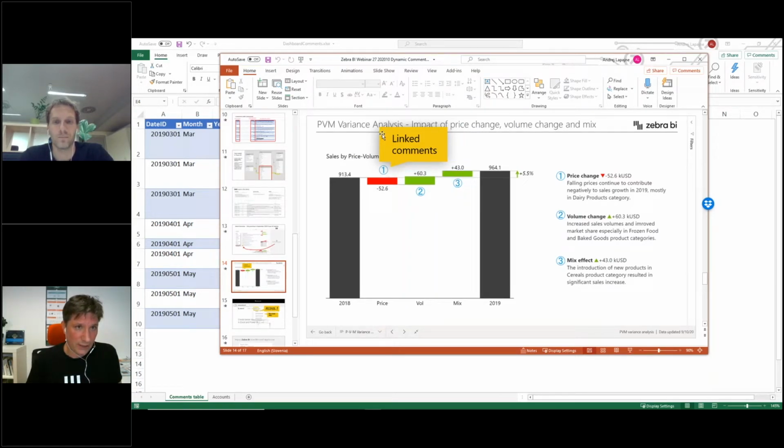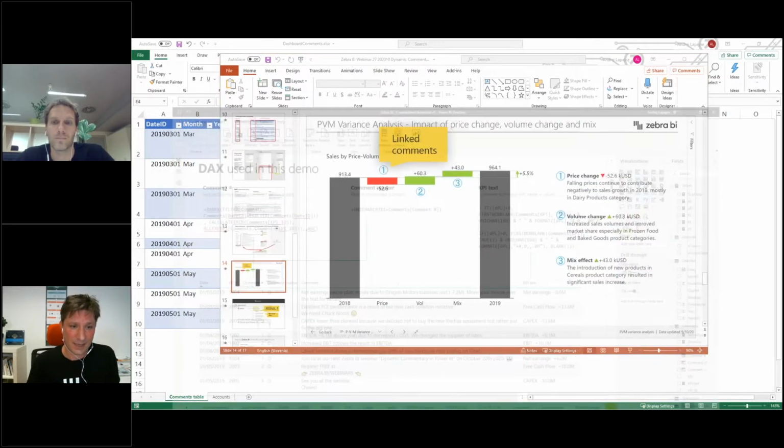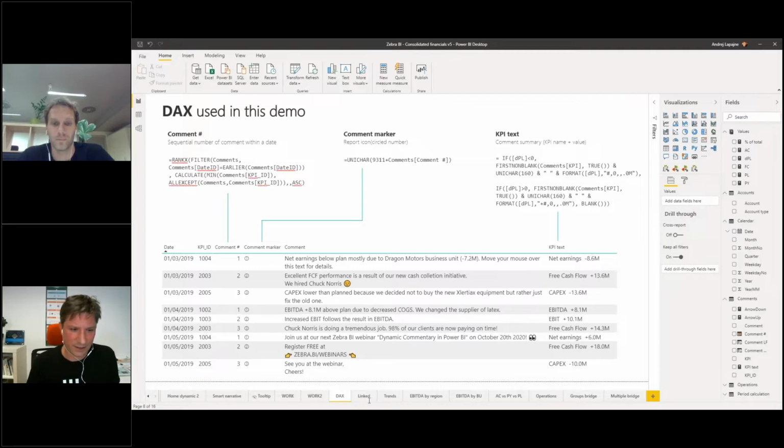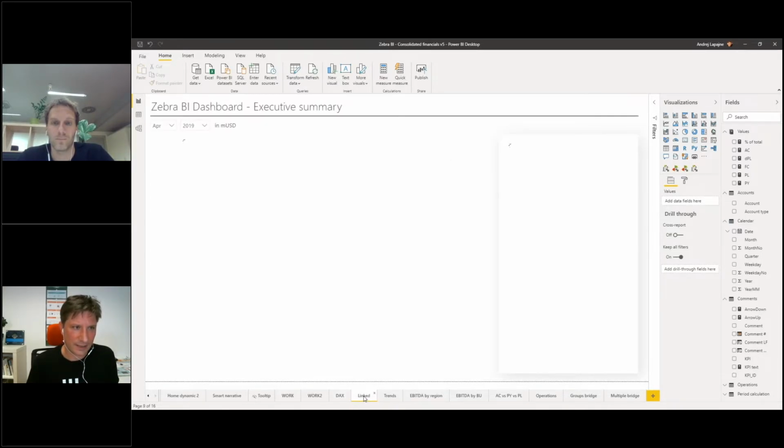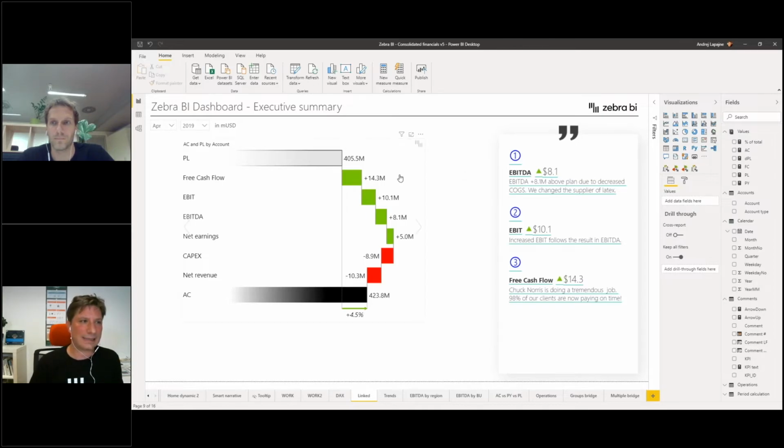So what we are actually announcing today here at Zebra BI is that we will have support for that in one of the next versions of Zebra BI. Okay, so I actually have a preview here. It's on my next slide here. So one of the next versions of Zebra BI will contain